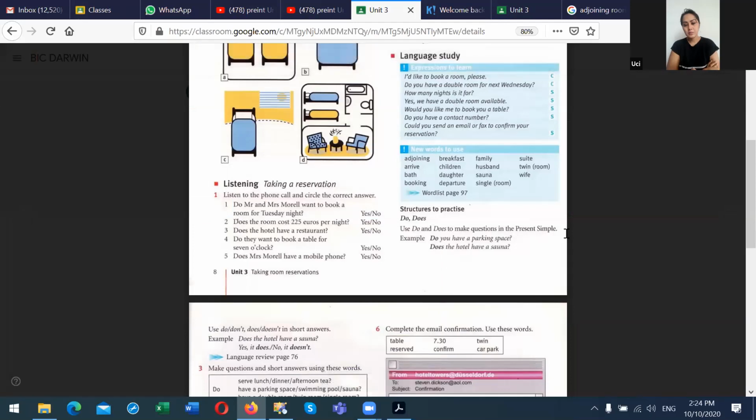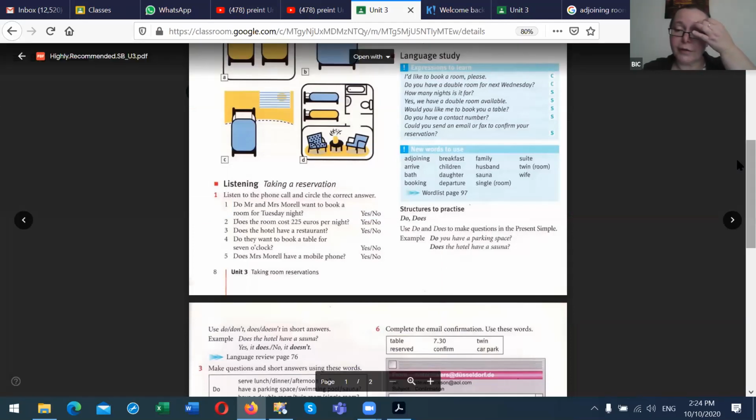Okay, so I'm going to do it differently today, because last week when we were trying to do the breakout rooms a few times, it was a bit messy. So I'll leave all the speaking until the end. We'll do all the vocabulary, all the recordings, everything, including grammar, and then at the end we'll do some speaking, just so we don't break into the rooms several times, because it takes so much time.